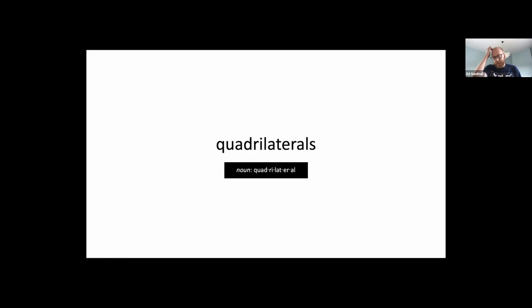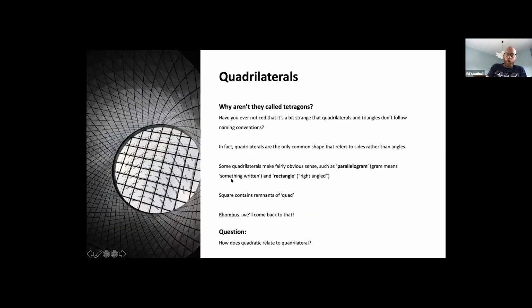All right. Sticking with shapes, let's get to quadrilaterals. As I mentioned before, it's a bit of a peculiar family of shapes in terms of its naming system when you look at the conventions that were in place for shapes after four sides. Quad means four, we've already covered that. But quadrilateral just basically means four sides, okay? Lateral, lateralis, it's all sides basically.